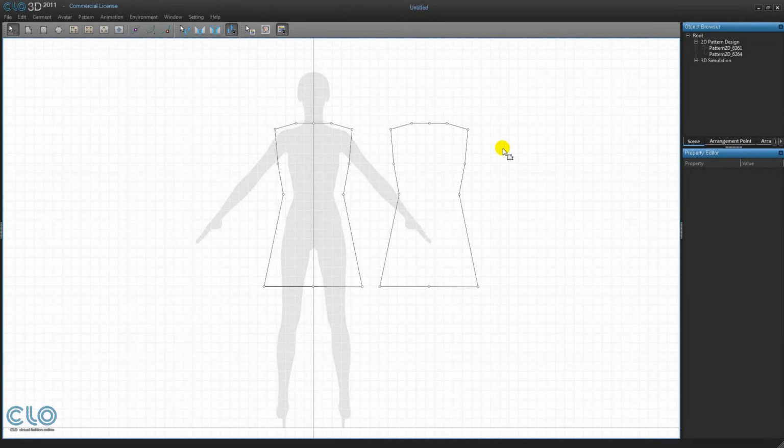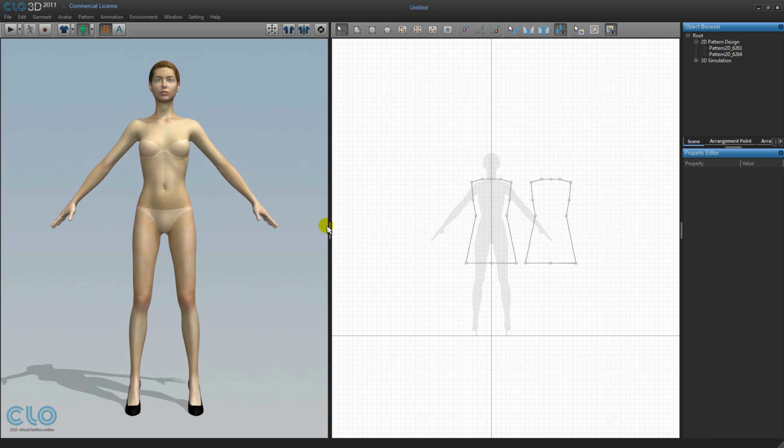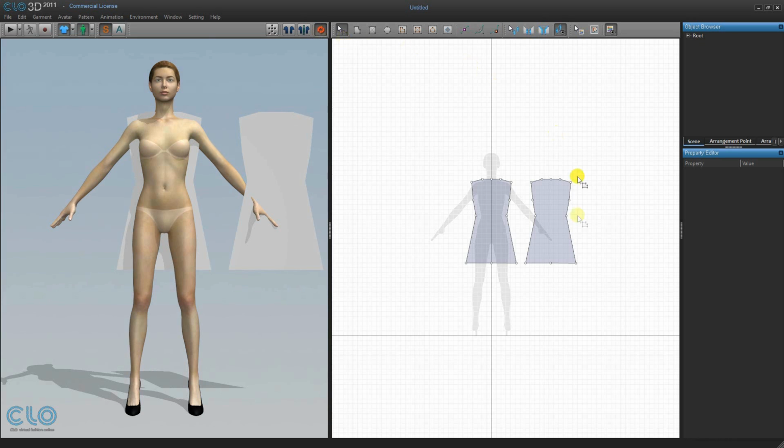Next, we are going to sync the front and back patterns over to the 3D avatar window. I'm going to drag the divider bar over again so that we can see both the 2D and 3D windows. Then click on the Sync button in the 3D avatar window's toolbar. As you can see, the pattern pieces now appear in the 3D avatar window in reference to the silhouette in